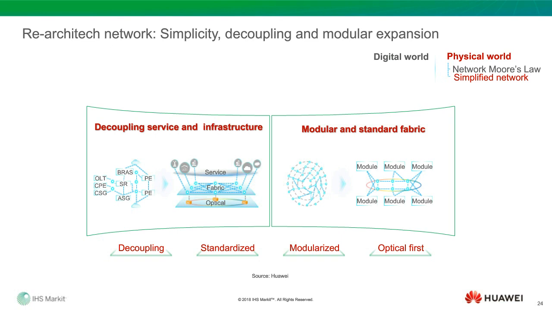Can we leverage a DC fabric style to build the telco network? We call it modular fabric. We can standardize the fabrics. This is what we are achieving. So we will go to fabric architecture, number one, and we also leverage modular solutions and standardized solutions, following DC practice. This is what we can call architecture simplification.